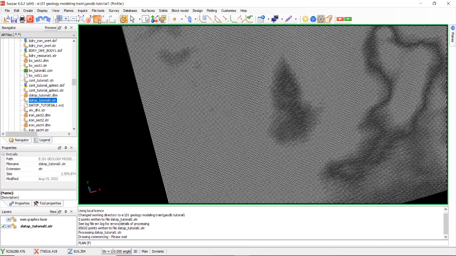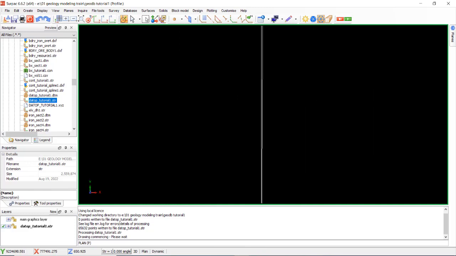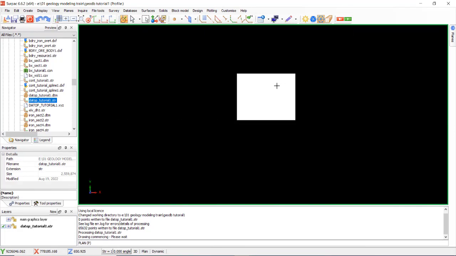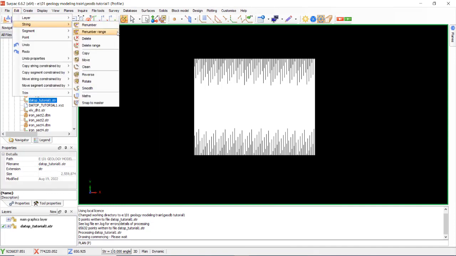So we must change to point only. You can see that this spike here, so it must be changed to point only. Okay, select edit, string renumber range.